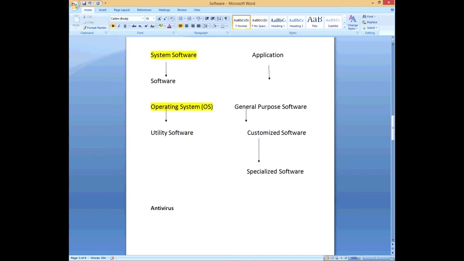Now, utility software can also be your firewall. Firewall blocks all unwanted entry into your computer via the internet. So if somebody online is trying to get into your phone, into your tablet, into your laptop, into your PC, the firewall blocks it and you have to ask permission. How many of you have tried to go on a site and then it asks you, so and so is trying to change this on your phone or on your computer? Do you allow or block?